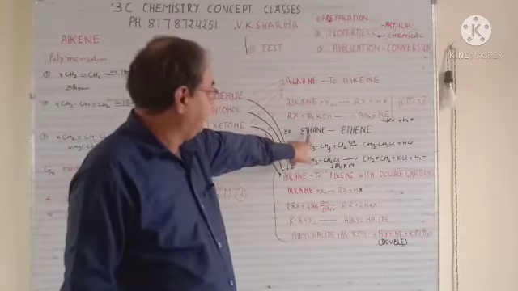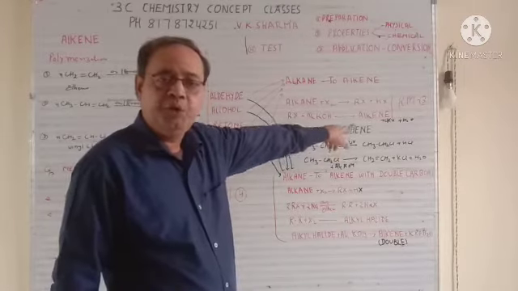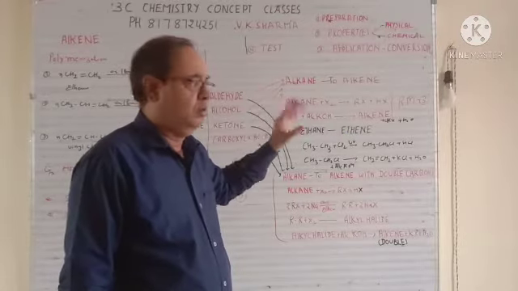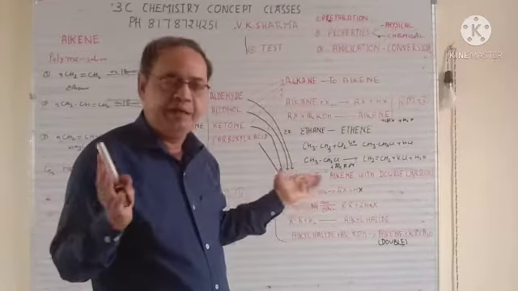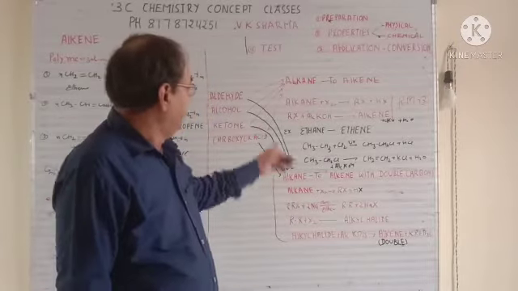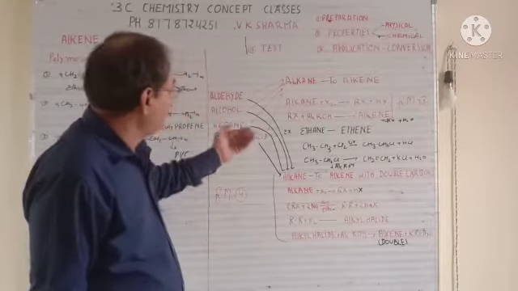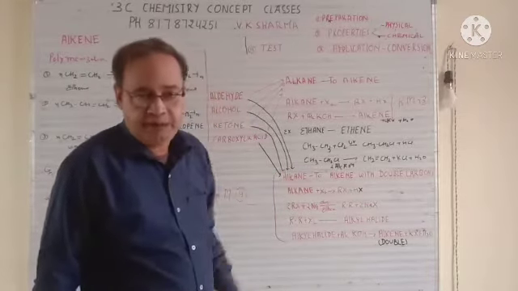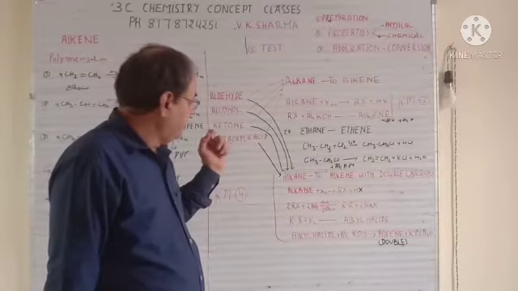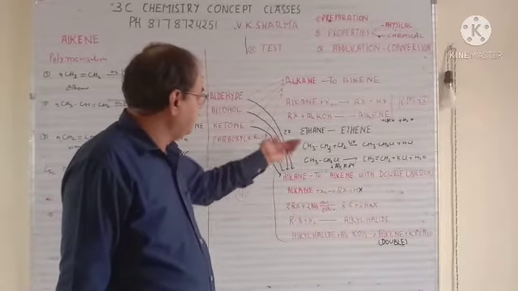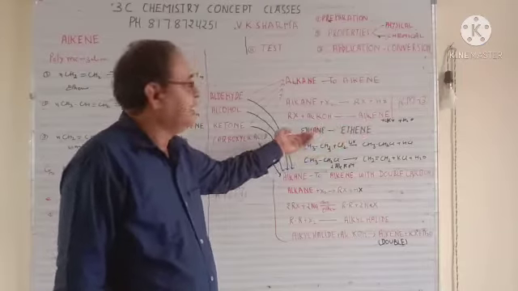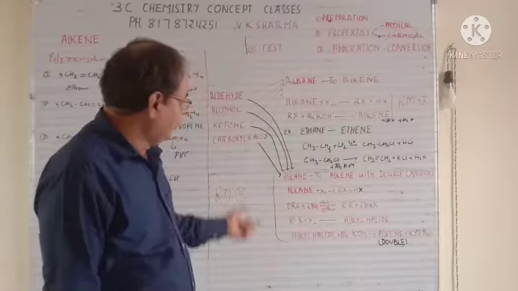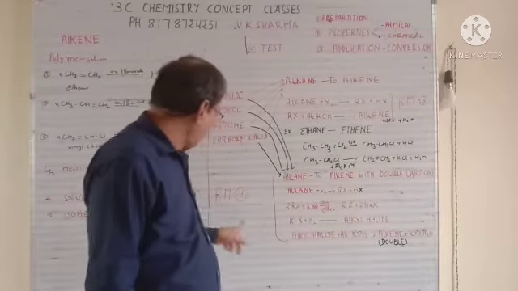In the same way we can convert propane to propene, butane to butene, pentane to pentene, hexane to hexene, heptane to heptene, and so on. If you remember these two steps, you can have many reactions from this. Now suppose we have to make alkane to alkene, but this time with a doubled carbon chain. Doubling the carbon means ethane to butene, or propane to hexene, so you have to double the carbon. For that, the concept is roadmap number 4.